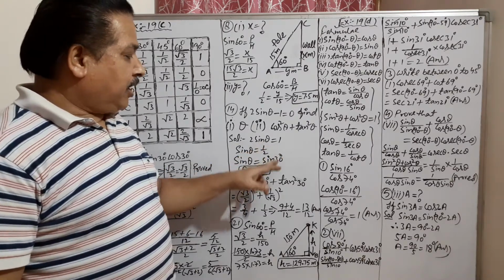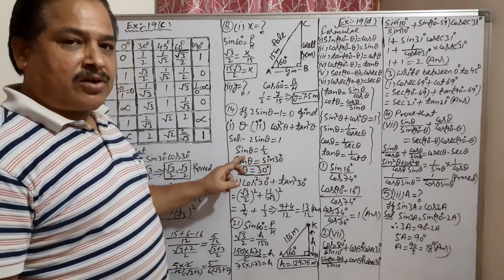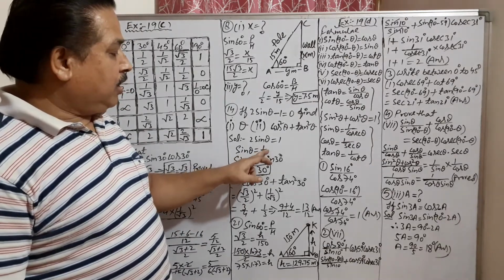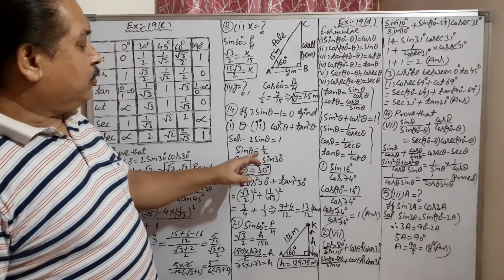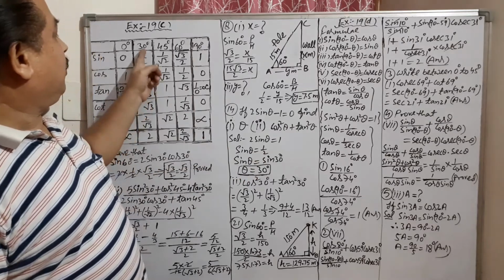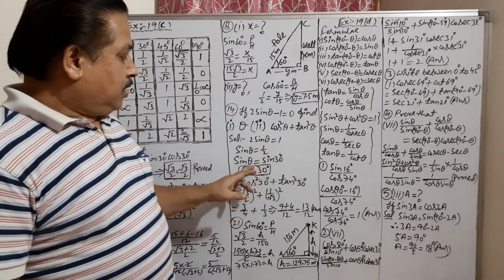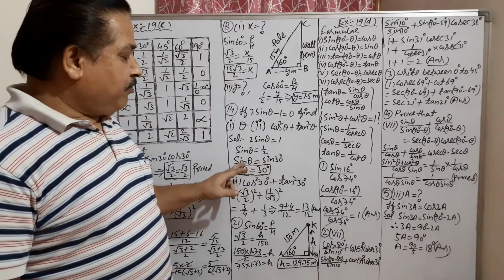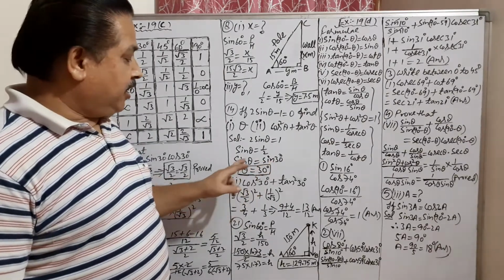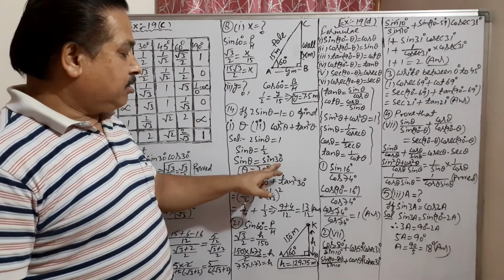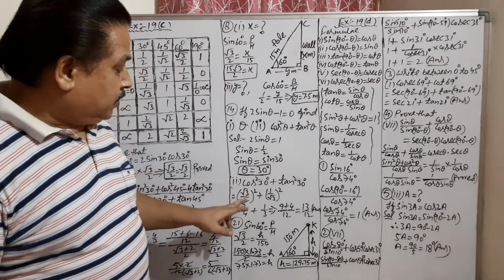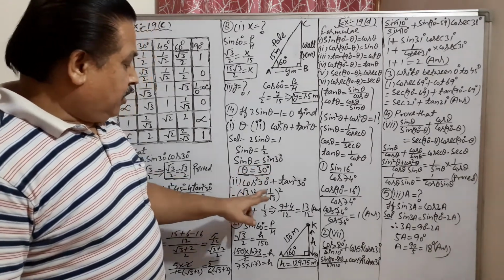And now see the sine table, because this side is the sine function. So you will see sine values only in the table. Sine 30 degree value is 1 upon 2. So it can be replaced by sine 30. Now by equating both sides, the same trigonometric function, sine and sine, theta will come as 30 degree. Now see the second part.